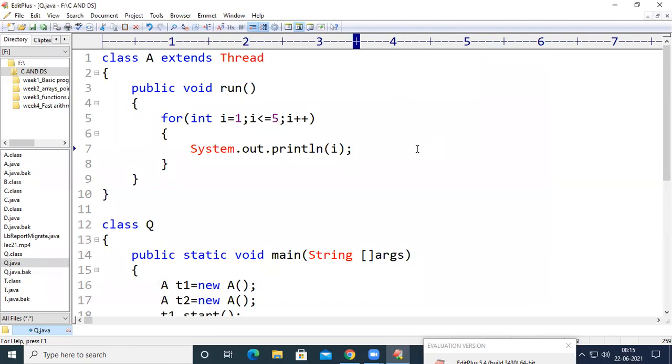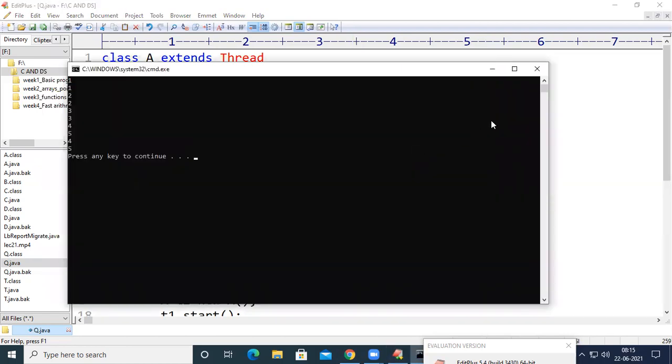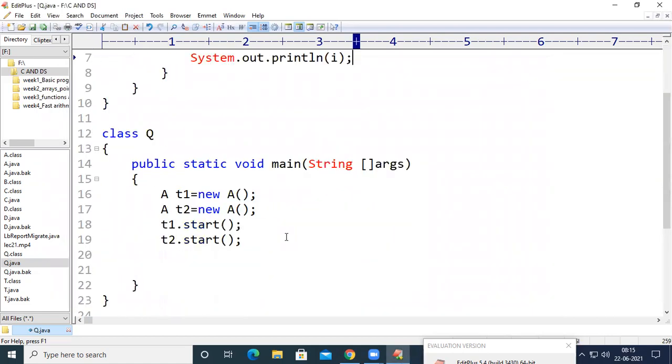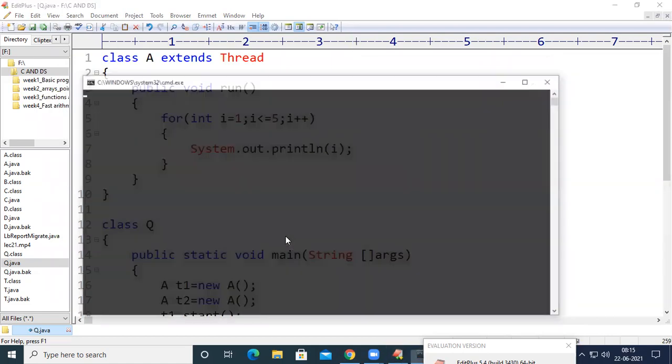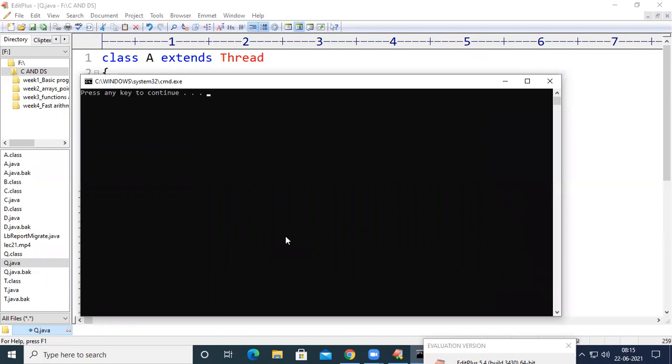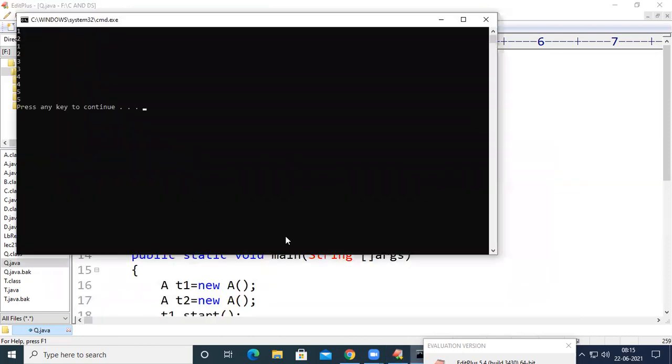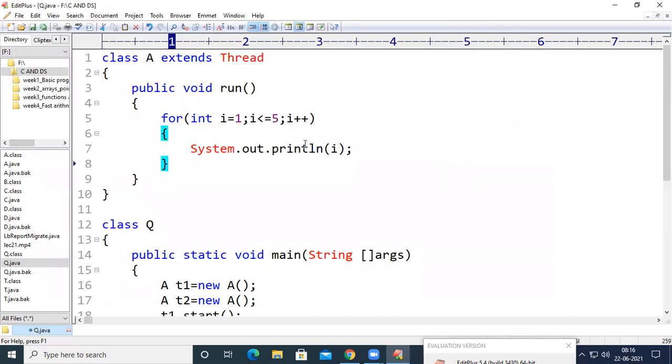Let us compile it and run it again. Now I got 1 2 1 2 3 3 4 4 5. So each and every time I run, I am getting almost a similar output, or an output with some difference.